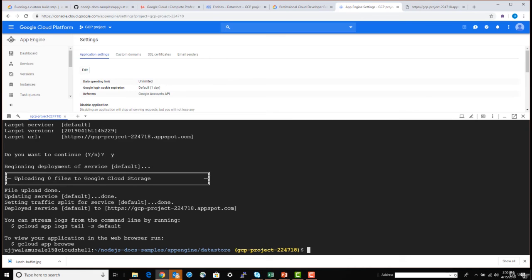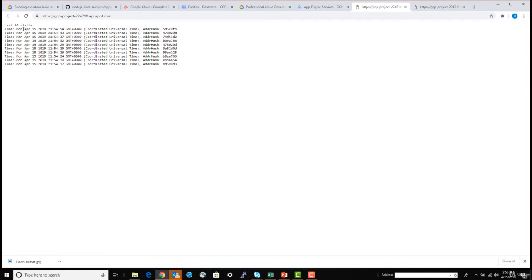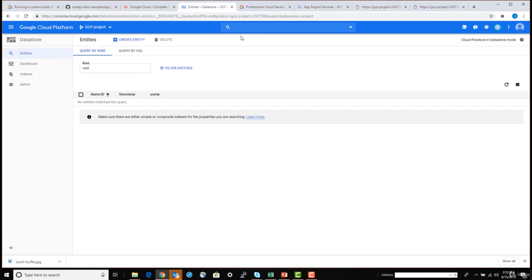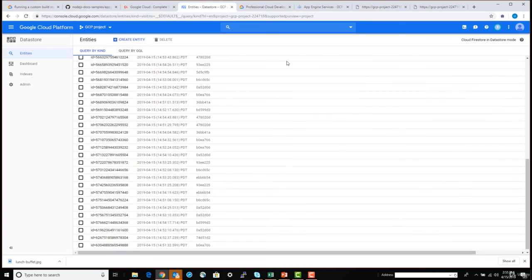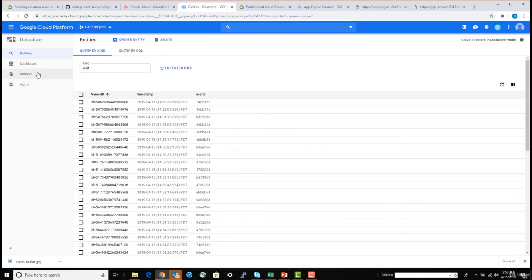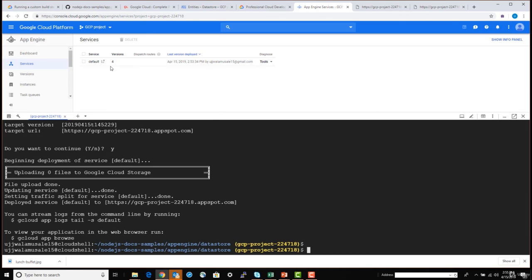So the application is deployed. You can check the logs, or you can browse the link for your application. You can even go to the services and hit directly. You can find there are links which are created already, around 10 links, just to display it. Let me refresh the data. You can find this data is created, as it was not there, and this is in Datastore. You can browse the logs in Stackdriver Logging.